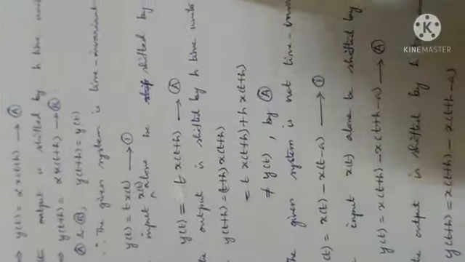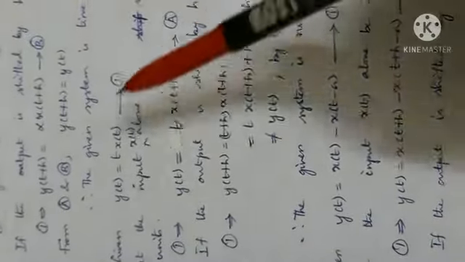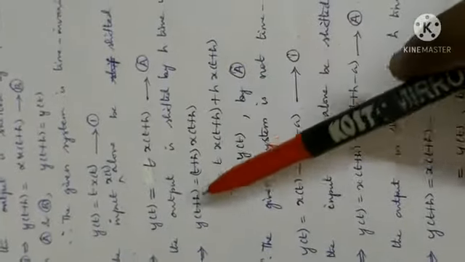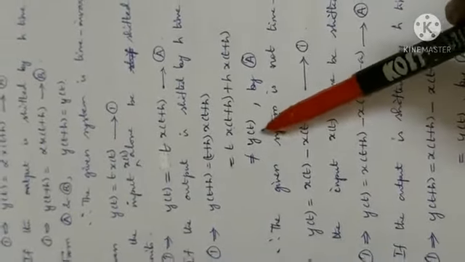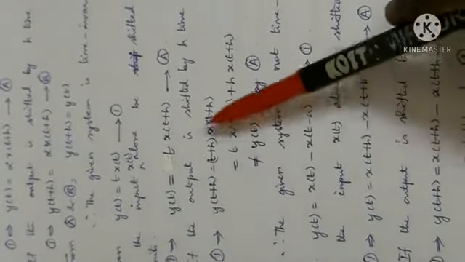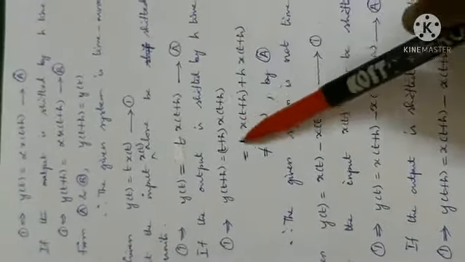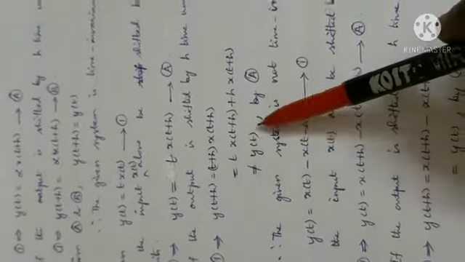Now let us come to output. Output shifted by h time units. It is not said output alone, right? So we have to change wherever t to t plus h. And if y of t plus h is equal to y of t, then we say the given system is time invariant. But here you see what is y of t plus h. Whatever you do, you cannot express it as y of t. This is the term y of t, but we have an extra term. So this is not equal to y of t.